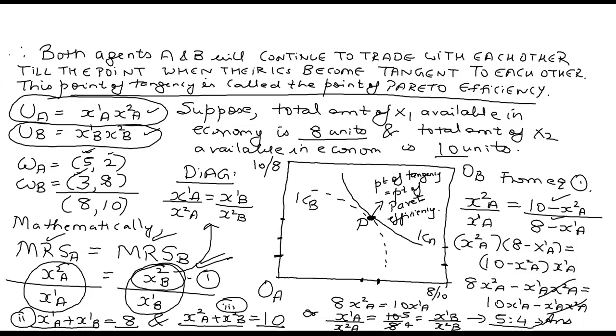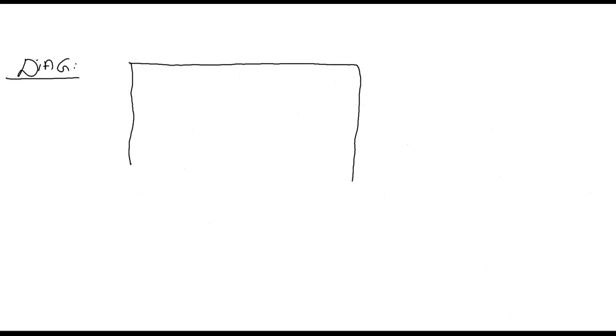Okay guys, this was one Pareto efficient point, when I had one particular distribution of endowments. But for different endowments, I can have different Pareto efficient points. So you get one Pareto efficient point for one particular distribution of endowments between A and B, but for different distributions of endowments, I can get different Pareto efficient points.